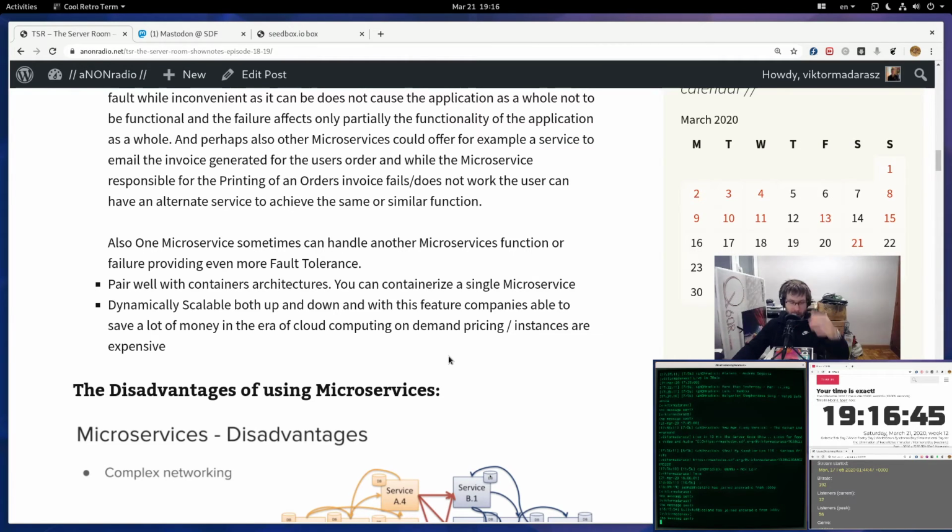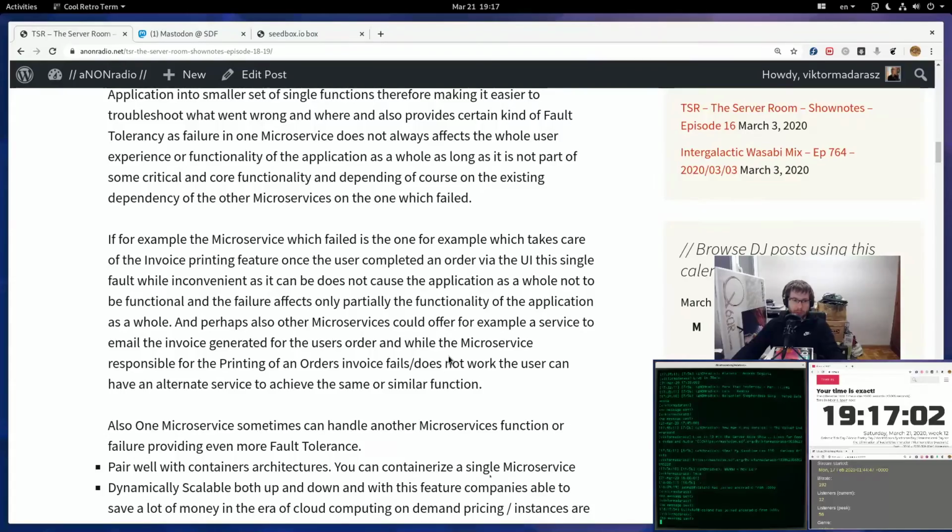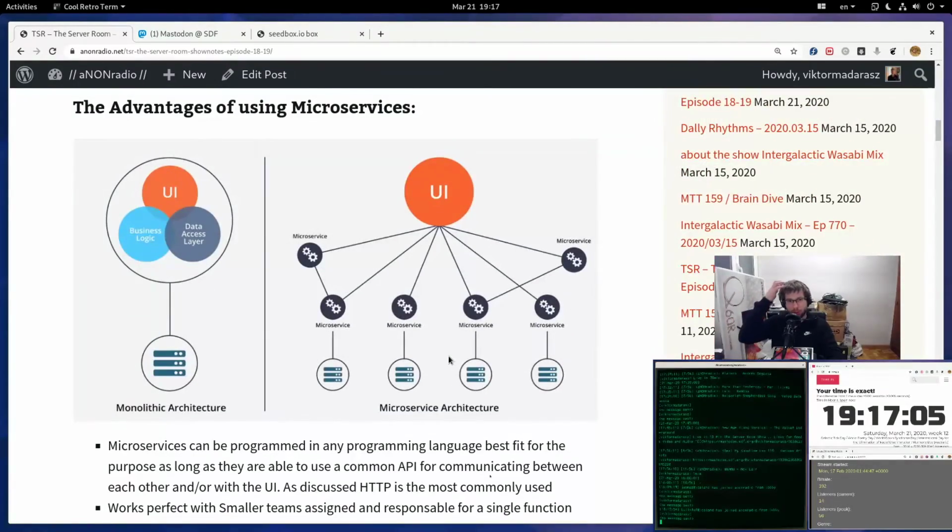money, because in the era of cloud computing and on-demand pricing, the pricing of the instances is very expensive, and being able to dynamically scale your application, or let's say this website, in a way that it uses less computing, less resources, when there is just, let's say, an average of 20 users per hour visiting your site, and maybe hardly any of them orders anything,